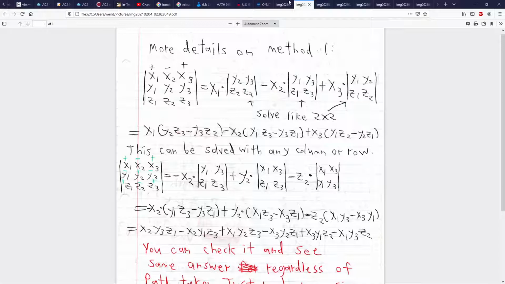But yeah, more details, method 1. This is a little bit more involved. These are basically 2x2 determinants. If you had a 4x4, you'd break it down into 3x3s, and then you have 2x2s from that. The idea is that this works every time for larger ones, but for the 3x3 like it is, you just